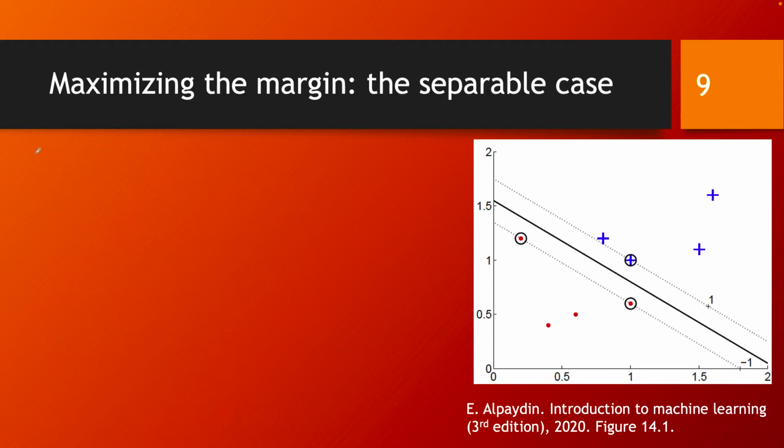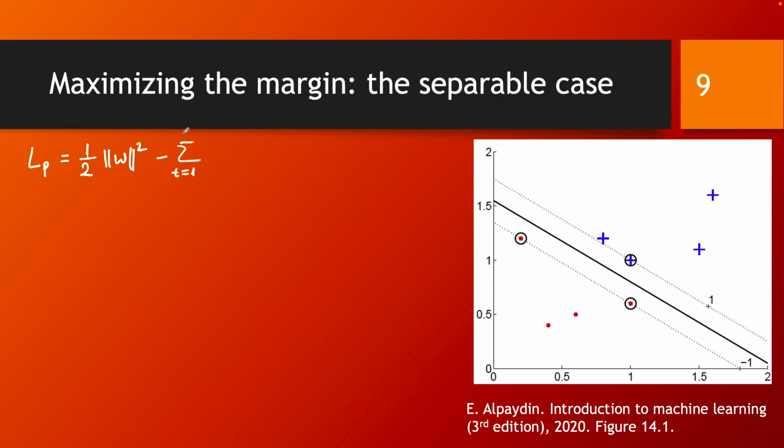We are writing the Lagrangian. I'm going to denote this by L, and I'm going to put P in here in a sense that it is the Lagrangian of the primal problem, but I'm going to come back to this in just a moment. So the Lagrangian is, as usual, you have your original objective function, which is 1 over 2 the norm of W squared. And then the other idea is that for all of your constraints, you are going to introduce some so-called Lagrange multipliers, and you are going to have the constraints integrated into your objective function, into the Lagrangian, in the following way. You have a sum, so this is going to be for all the constraints you have,